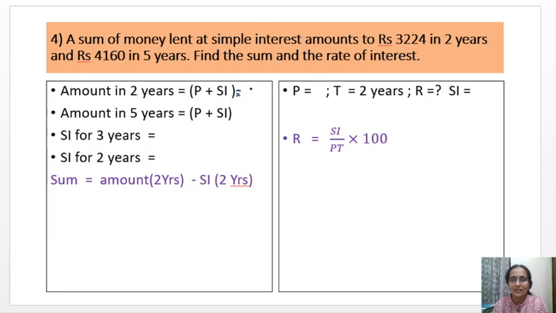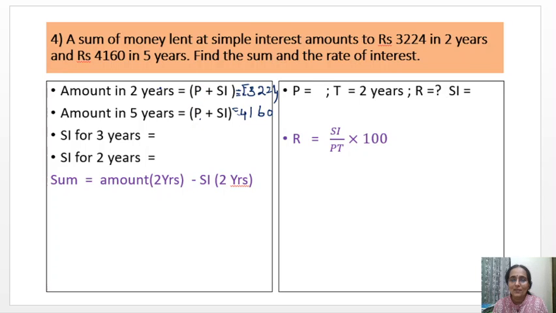Together, it is rupees 3,224. Now, the amount in 5 years they have given. It is principal plus simple interest for 5 years. The total amount is rupees 4,160. Suppose you subtract the first statement from the second statement, principal will